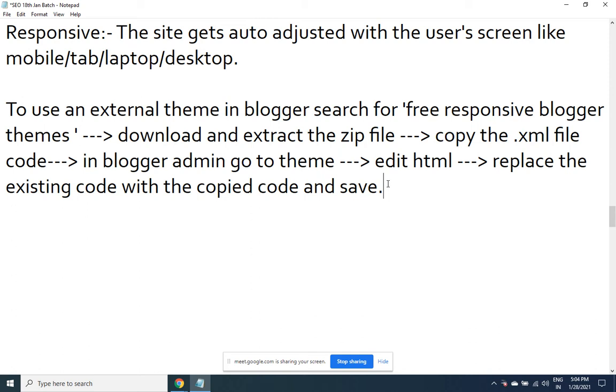So I'm going to show you all this for the Ritmo theme that we have installed. In the same way, you can do it for any theme installed in Blogger. The process remains the same. It is a little complex, because we'll have to make these changes in the code. So let us understand slowly. We don't require any advanced knowledge of HTML. By looking at the code, you yourself can make out where exactly the change is required. Let us work.